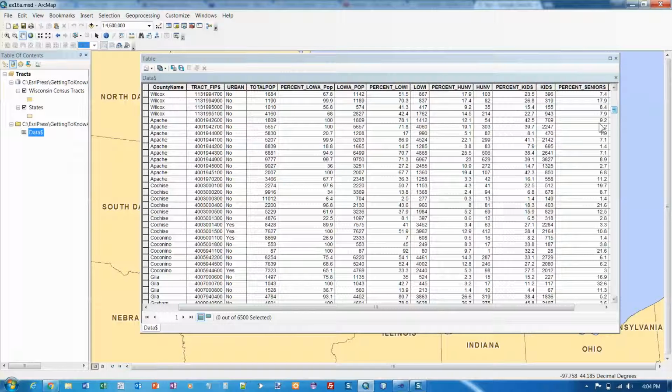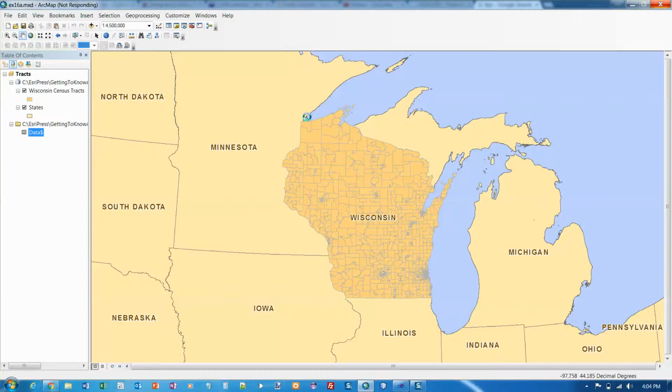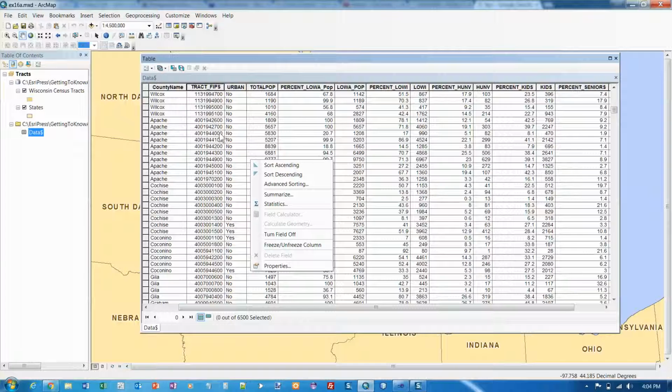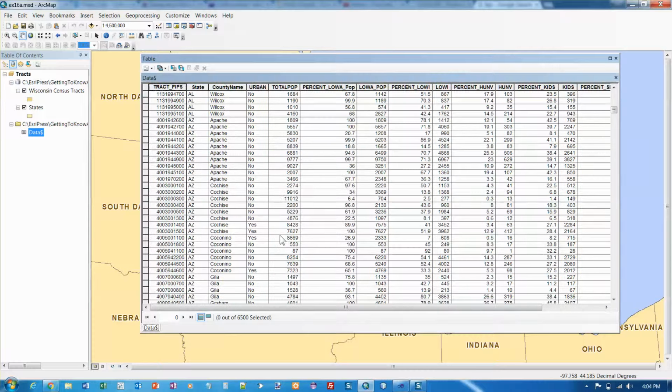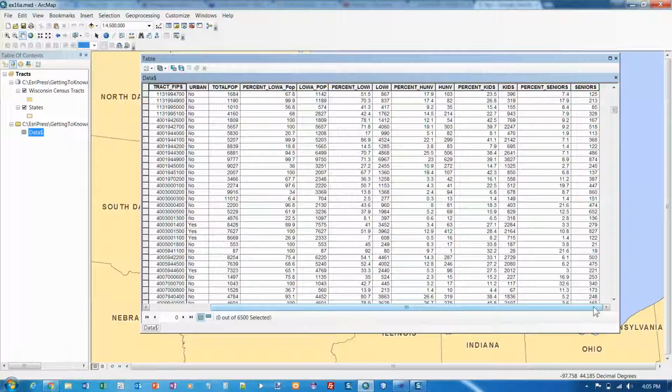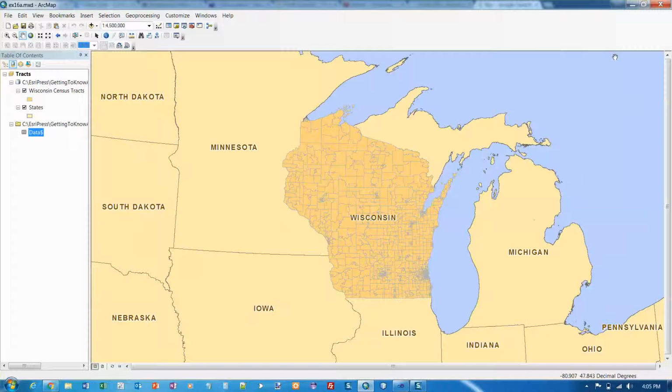Now we're on number 14. We want to right click tract FIPS, which is this right here, and click freeze unfreeze column. Well, that was interesting, it just disappeared on me. So we want to freeze the column, and then we want to scroll all the way to the right. So let's scroll to the right here a little bit, and looks like we have seniors on the end. Then close the table. And in the ArcMap table of contents, we want to right click on Wisconsin census tracts here,